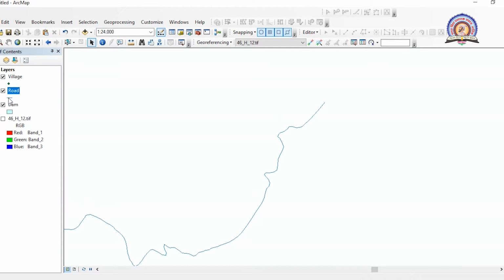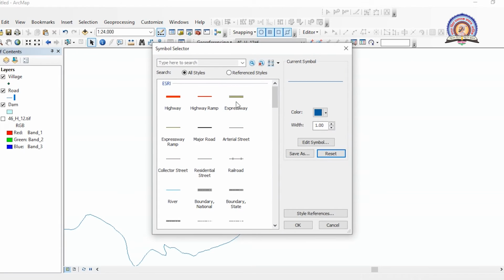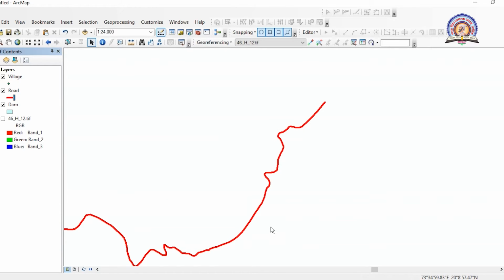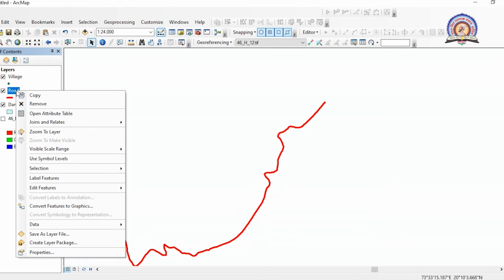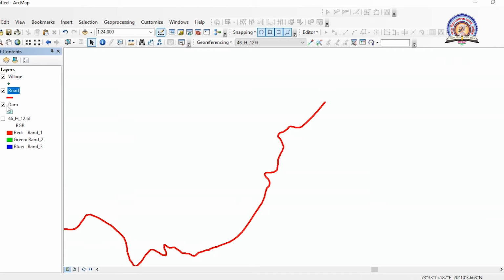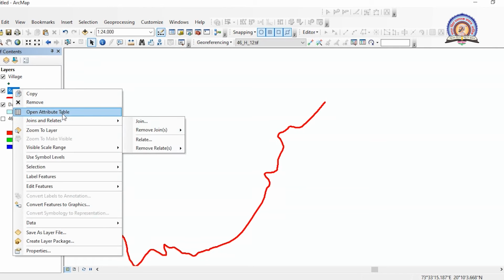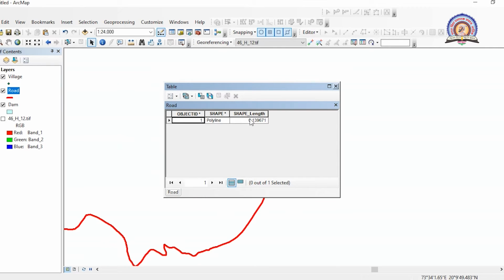And now, as we have learned in our previous video, I can symbolize this road, I can change the width as well as the color of this road. As well as I can give a name to this road.